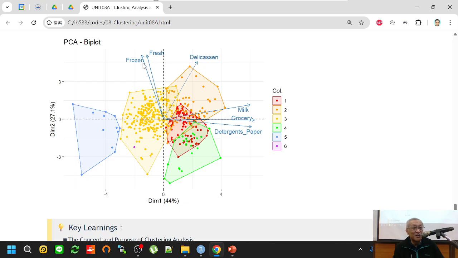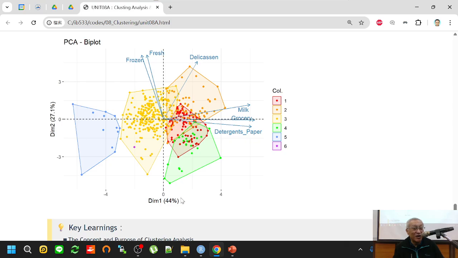It means that the retailer who buys more frozen food tends to buy more fresh. Okay, and actually the angle is larger here, but they are basically in the same direction, right? So the retailer who buys more of these two categories also tends to buy more of this one. Okay,